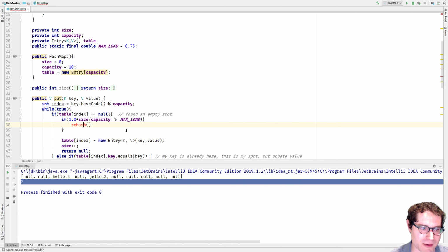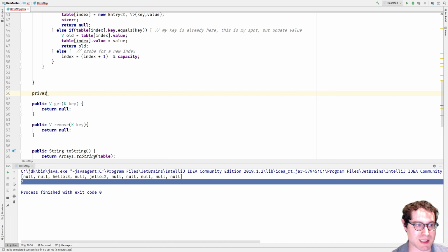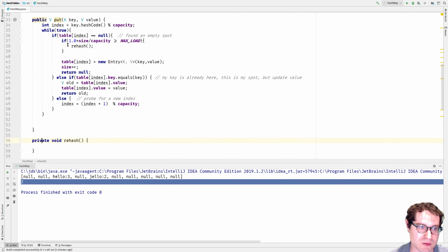And why am I doing this before as opposed to after? Because I don't want to have to put this in twice. Okay, so rehash. Let's go ahead and create a new method here. Private void rehash. This might look kind of recursive or infinite-loopish, but it won't be, because this condition will only be true once. You'll see what I'm talking about in a second. The first thing I need to do is say that capacity is now equal to 2 times